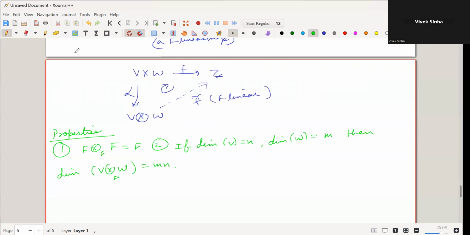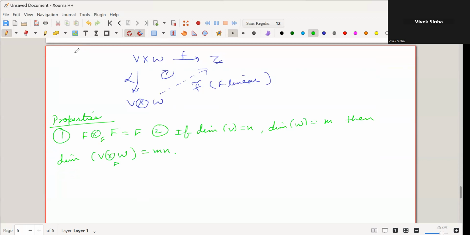So we have dimension of V as N, dimension of W as M, then the tensor product will have dimension NM. Third property is